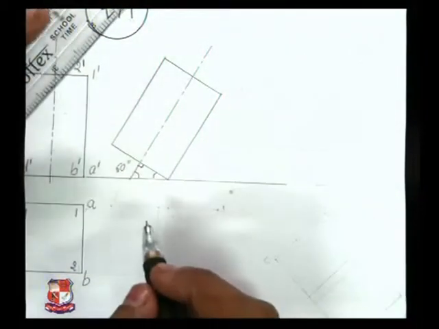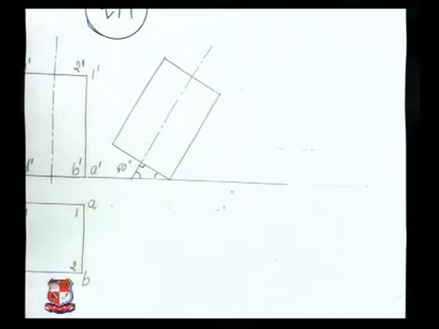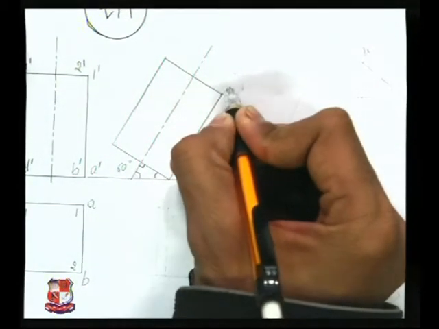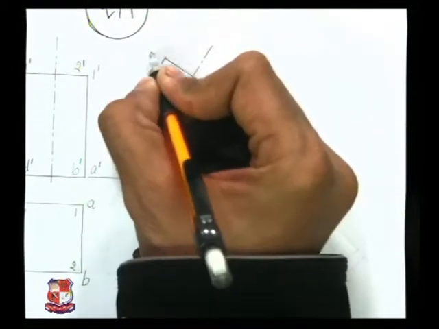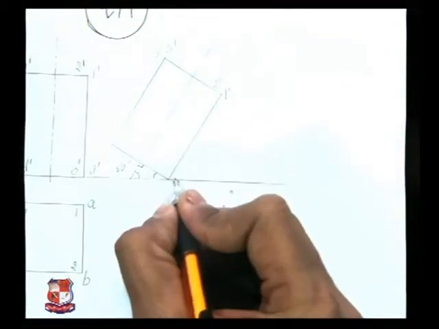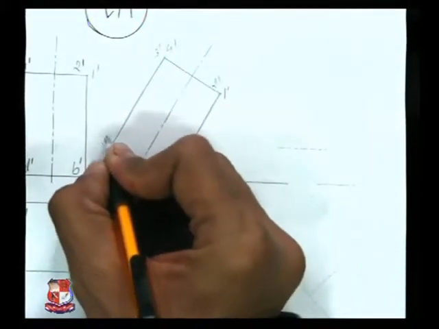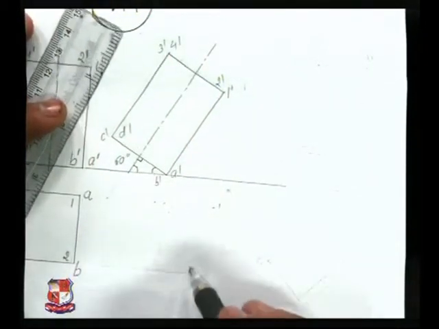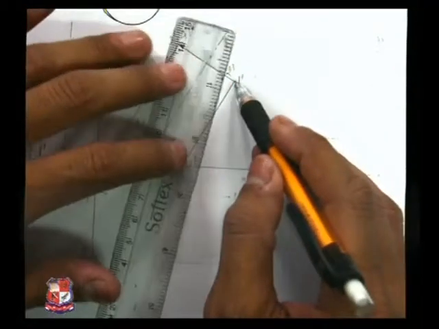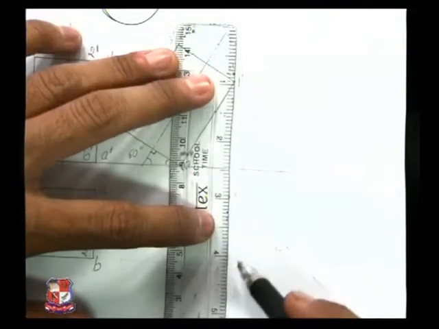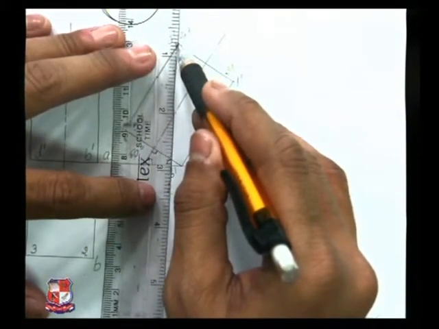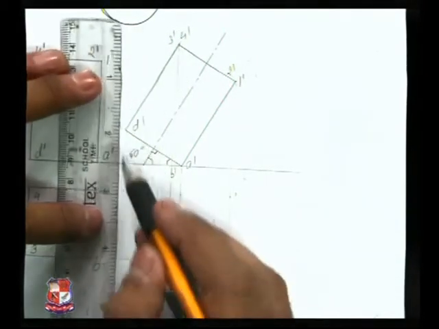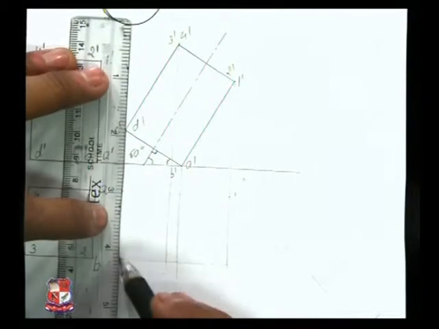After drawing this tilting view, let me name the points. Point A is here. Here is point number 1. You can say here 1 dash, 2 dash, 3 dash, 4 dash. Here A dash, B dash, C dash and D dash. 4 points are there. Now to draw its top view over here, let me take projections from front view and top view. Vertical line from 1 and 2, vertical line from 3 and 4. Similarly, vertical line from A dash and B dash and C dash and D dash.